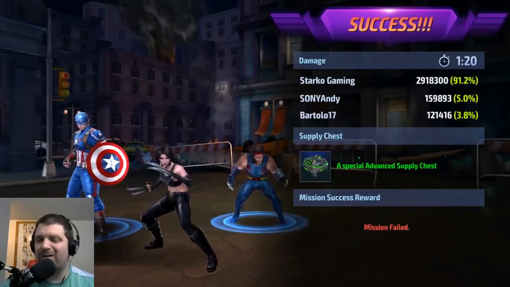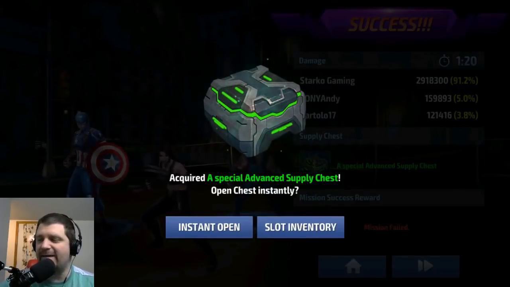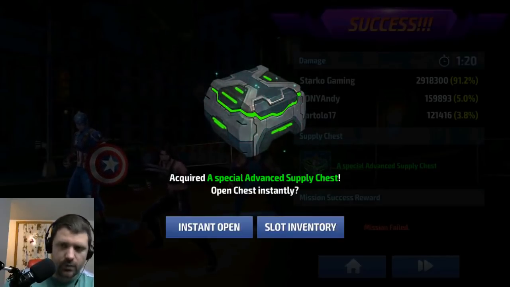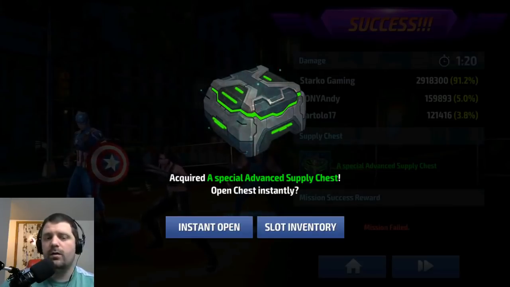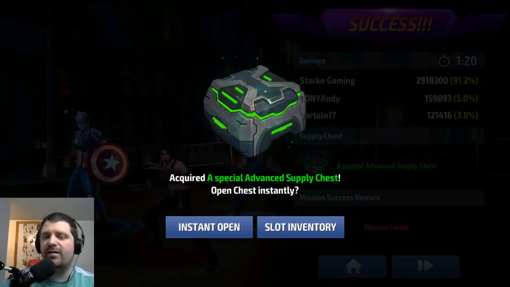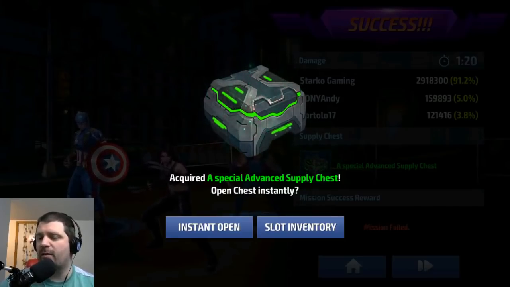And we did 91.2% damage, so it wasn't that bad. We did 2.9 million damage in 80 seconds. Give me a sec, I'm going to use my calculator. Okay, 2.9 million divided by 80 is 36,000 damage per second without any leadership and team bonus. So that's with a team tier 2 passive like Coulson, she'll have done a lot over 100,000 per second if she had